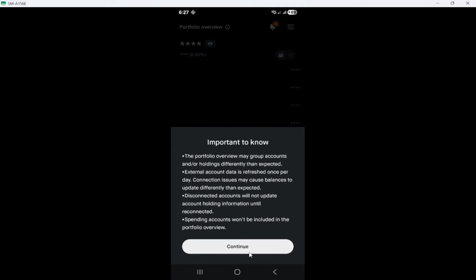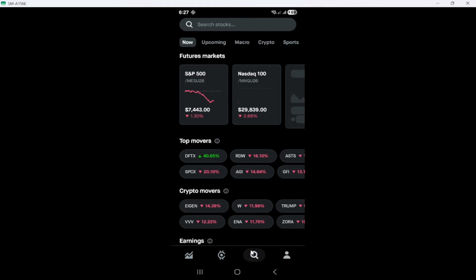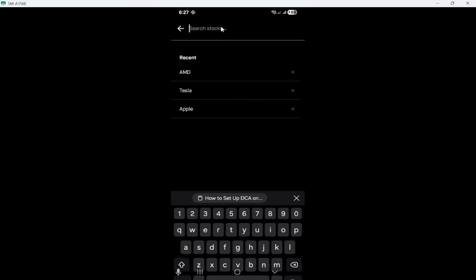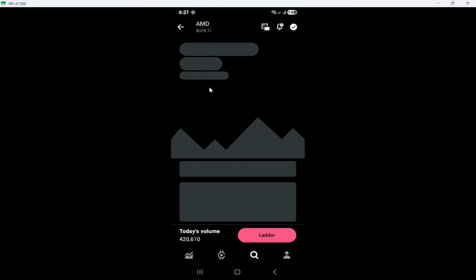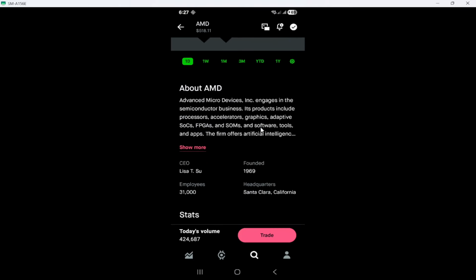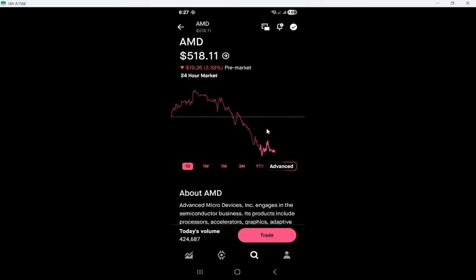With your account open, the next step is to select an investment. Think about what stock, ETF, or cryptocurrency you want to invest in regularly. Search for the name of the investment in the search bar. Once you find it, open its detail page. This page gives you all the information you need about the asset, including its current price and history. Understanding these details is crucial because it helps you make informed decisions about your investments.